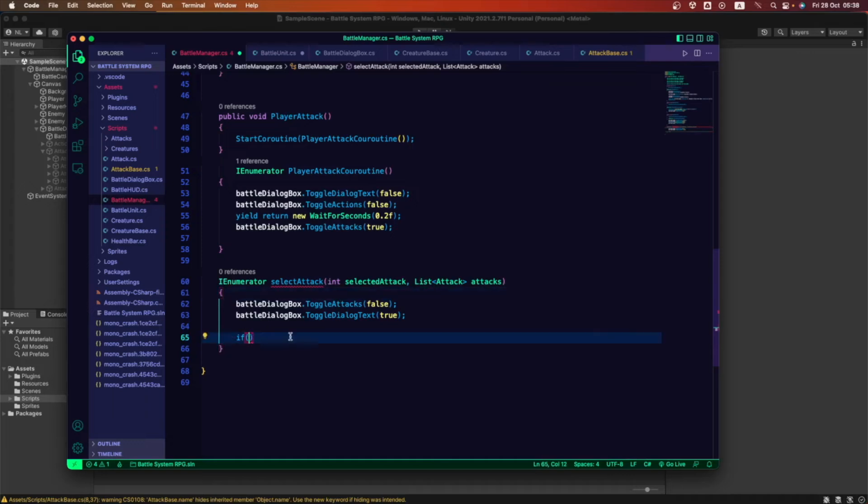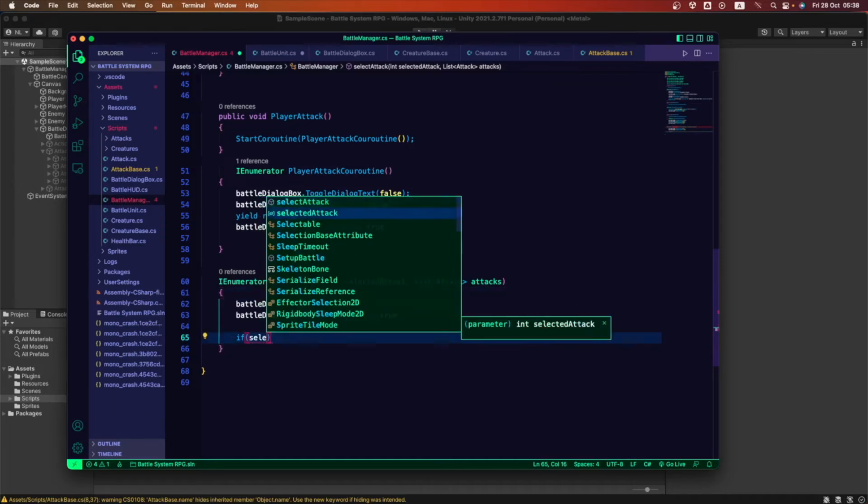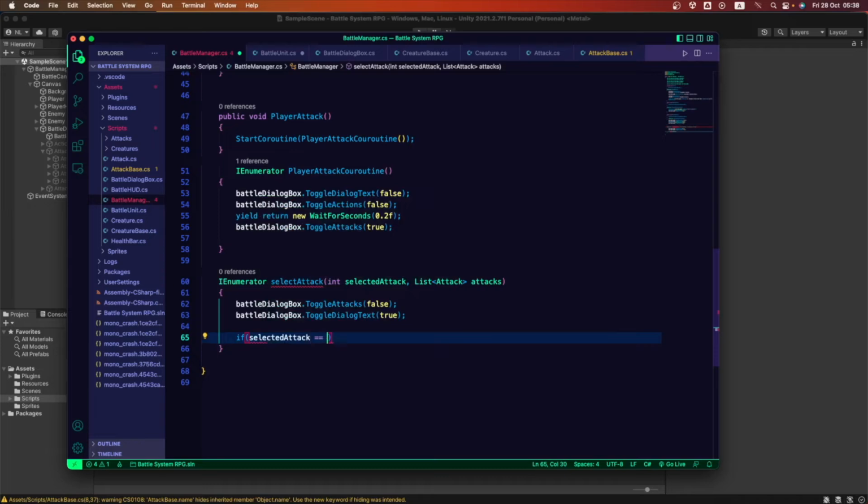So if selected attack is equal to 0, which is the first space inside my list, remember we start counting from 0. If my selected attack is the first one, I wanna perform whatever happens here.